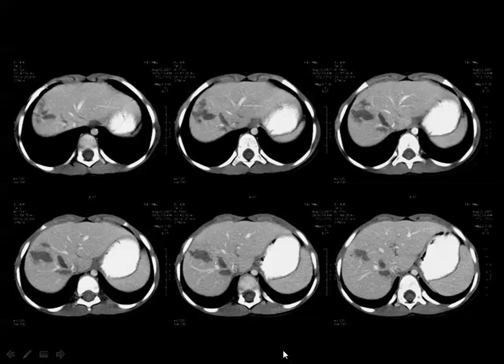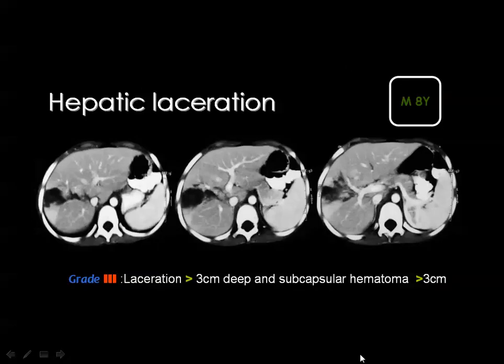Then this is also a good example of hepatic lacerations, and you see extensive branching lacerations in the right lobe of the liver with no evidence of subcapsular hematoma. And also this is an example of grade 3 hepatic laceration, which is laceration more than 3 centimeters deep and may be associated with subcapsular hematoma of thickness more than 3 centimeters. But here you cannot see a subcapsular hematoma,